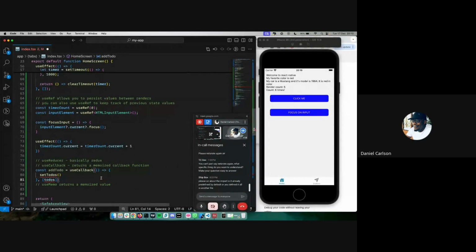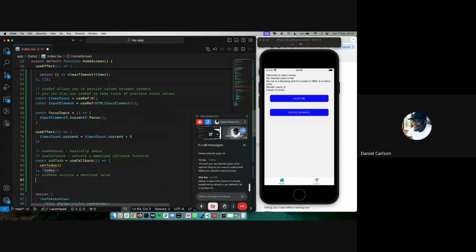So basically what this is saying is useCallback here is ensuring that this function does not run unless the to-dos change. So it's similar to useEffect in a way. And useMemo will do the same thing, but for a variable. So in this case, useCallback is keeping track of this function, and it's only calling this function if this variable changes. In useMemo's case, it's keeping track of a variable, and